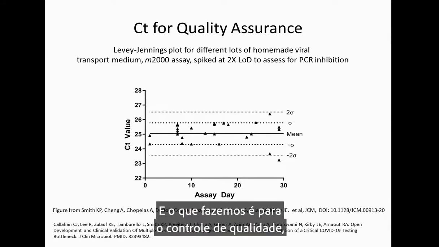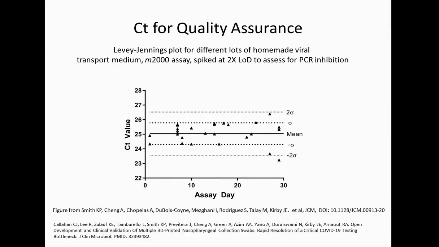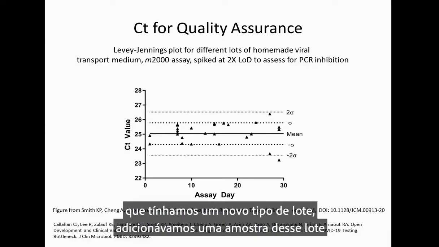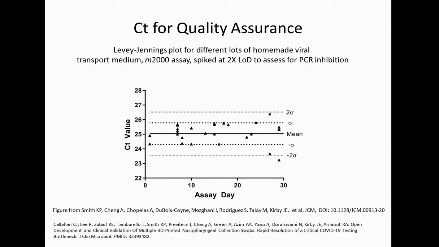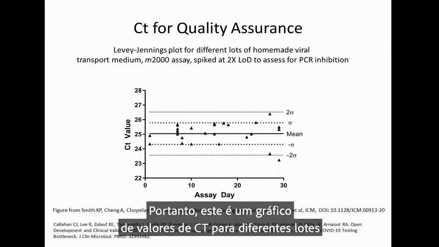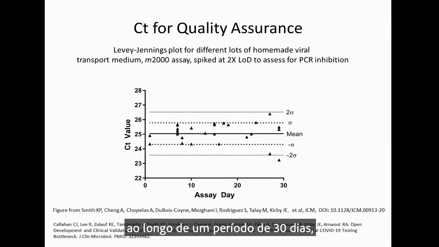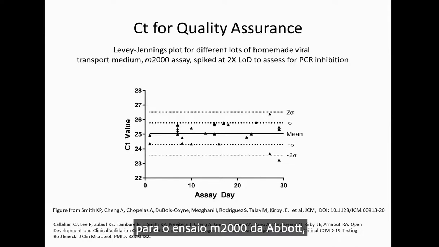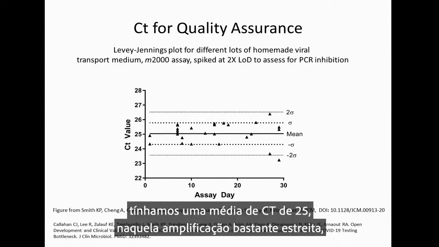And for quality control, since we had many batches that we prepared, every time we had a new lot, we would spike a sample of that lot at 2x the limit of detection with the SeraCare reagent and determine the CT value. This is a plot of CT values for different lots over a 30-day period. That's a Levey-Jennings plot, and as expected, since we were at 2x LOD for the Abbott m2000 assay, we had a CT mean of 25, and there was pretty